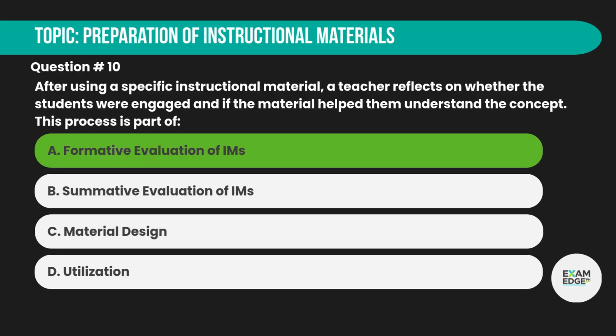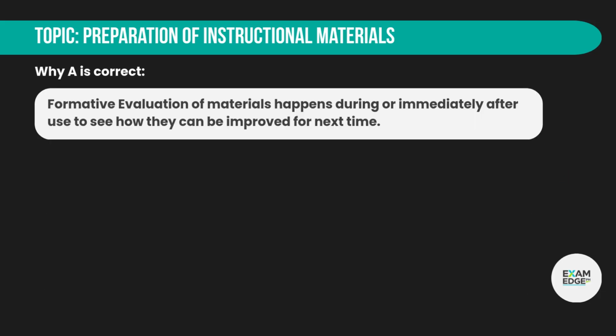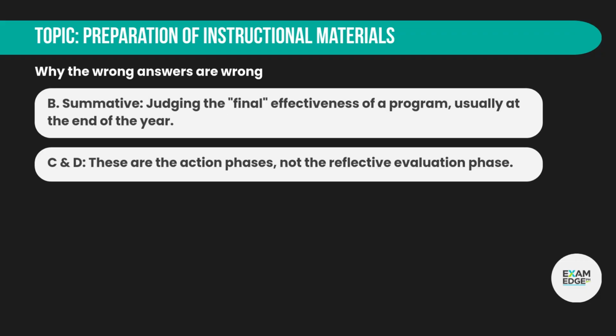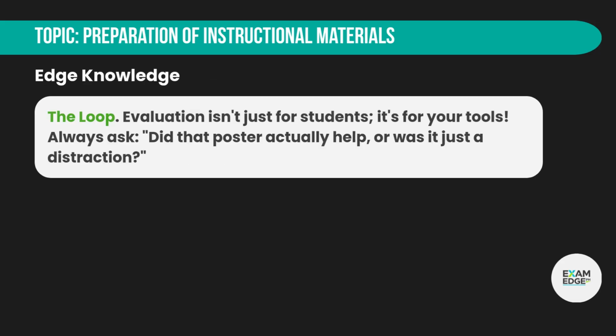Correct answer: A. Formative evaluation of IMs. Why A is correct: Formative evaluation of materials happens during or immediately after use to see how they can be improved for next time. Why the wrong answers are wrong. B. Summative: judging the final effectiveness of a program, usually at the end of the year. C and D are the action phases, not the reflective evaluation phase. Edge knowledge: the loop. Evaluation isn't just for students, it's for your tools. Always ask, did that poster actually help, or was it just a